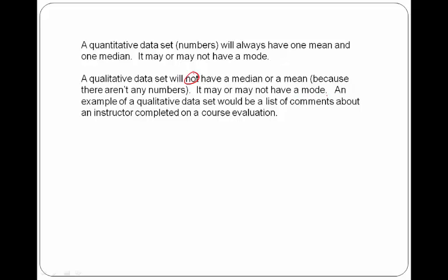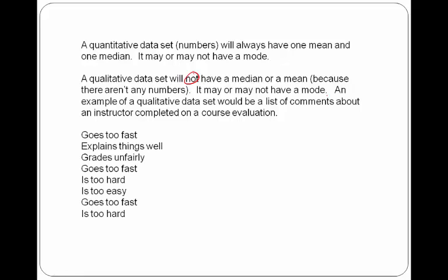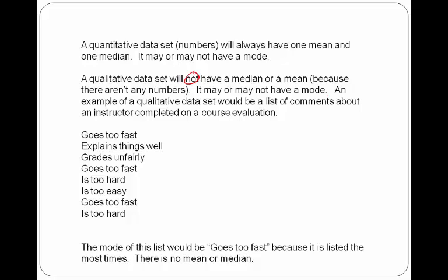An example of a qualitative data set would be a list of comments about an instructor completed on a course evaluation, such as goes too fast, explains things well, grades unfairly, goes too fast again, is too hard, is too easy, goes too fast again, is too hard. The mode of this list would be goes too fast because it is listed the most times. There is no mean or median because there are no numbers to average or to arrange and find the middle